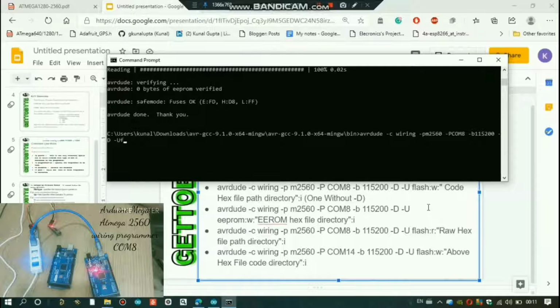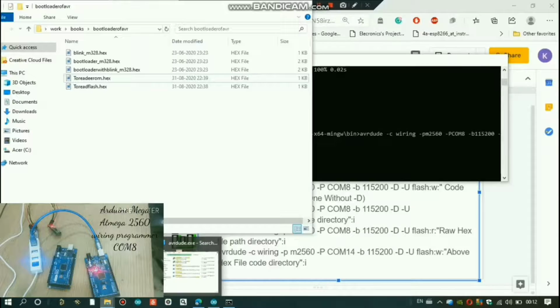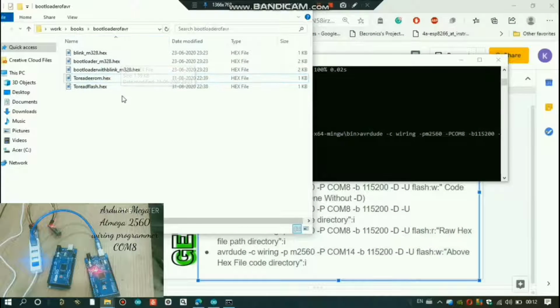-U flash, we are going to operate on the flash memory, and then a colon, and now instead of w we will write r, to read the contents of the flash memory, colon. Now here we will type the path of the hex file in which we are going to store the contents, so where our code read from our microcontroller will be stored. For that I have given a link in our description also.